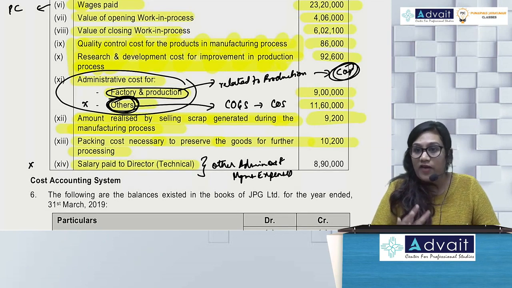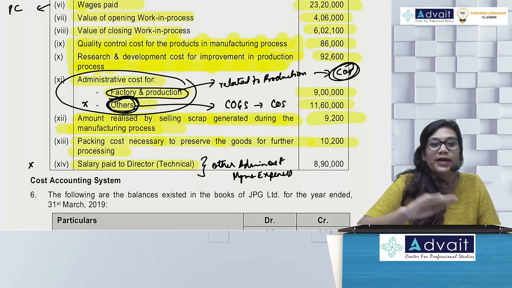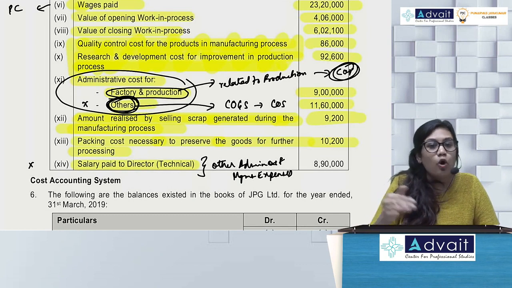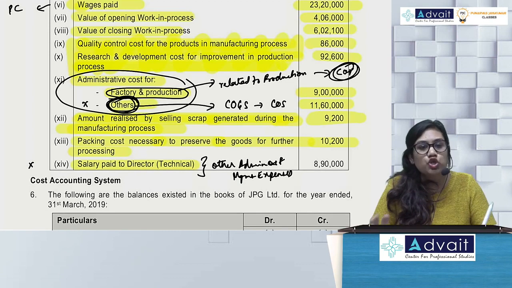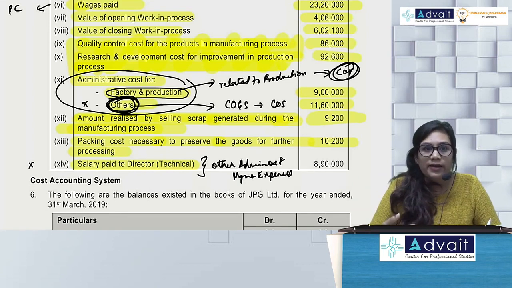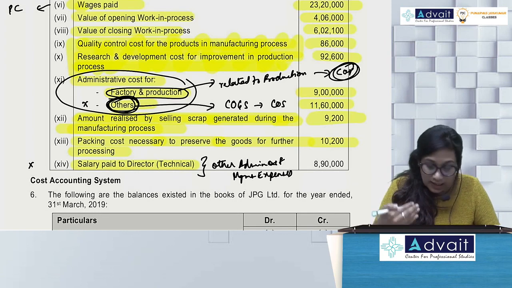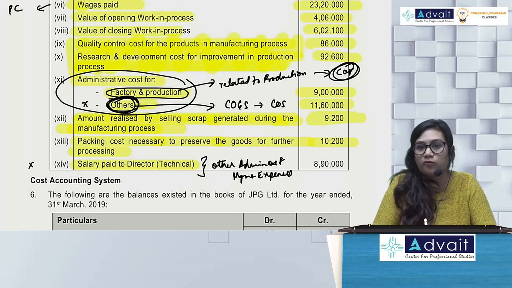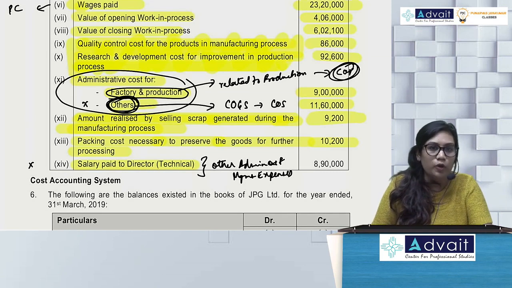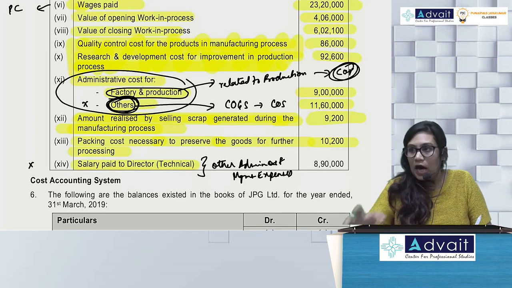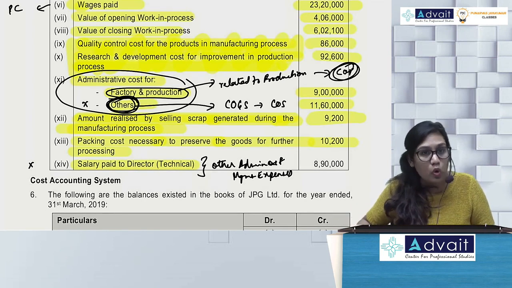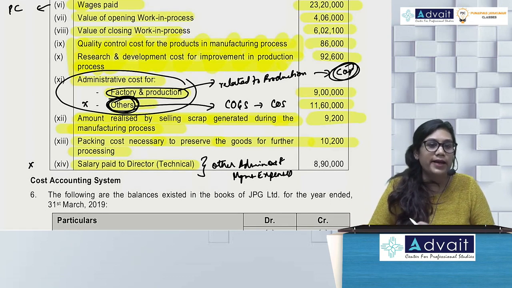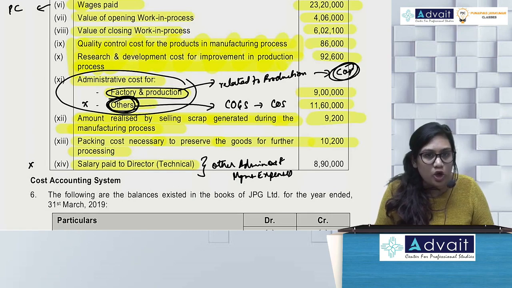So this was a very significant difference between the old cost sheet format and the new cost sheet format. In the old cost sheet format, all my administrative overheads, whether related to production or not related to production, would have come under AOH category, which would have gotten added to my cost of production. But in the new cost sheet format, I will separate my administrative overheads into two parts. One which is related to production, which will form part of cost of production, and the other one, other administrative overheads, which will become part of cost of goods sold in the end, just like the way you treat selling and distribution overheads. So shall we start solving this problem?